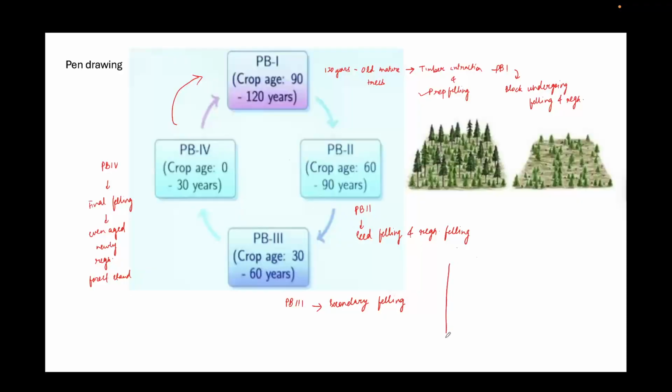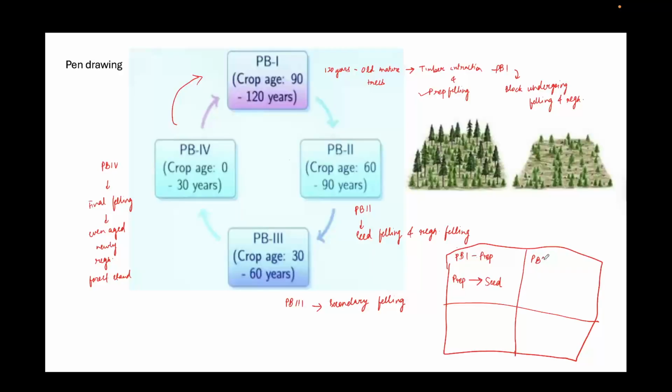Yeah, considering the same periodic block example here, when in PB1, which is a preparatory felling, one block is going from preparatory felling. When it is transitioning to the seed felling,